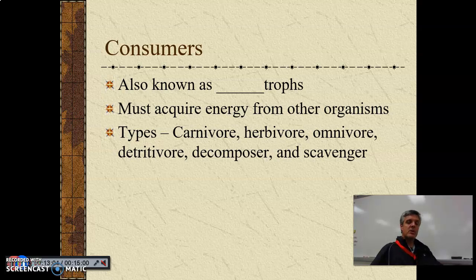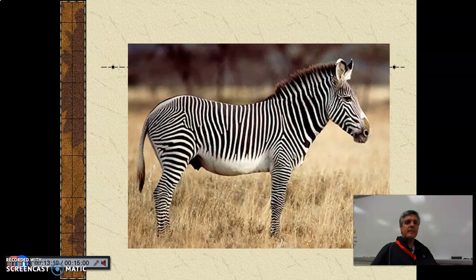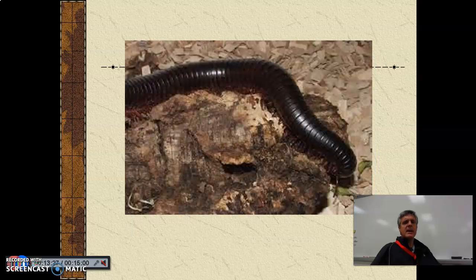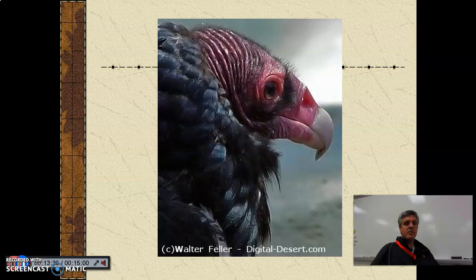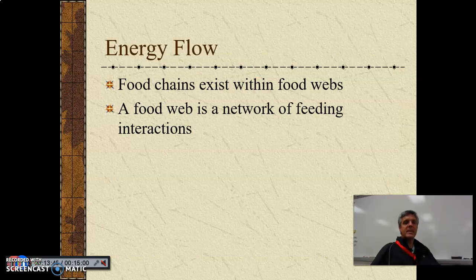Consumers are not autotrophs, they are called heterotrophs. Hetero, all right? Those are all the different types of heterotrophs listed, okay? You should know each one. And if we look, we can see some of these here. We've got carnivores, right? We have an herbivore here. We've got an omnivore, something that eats both plants and animals, okay? This is known as a detritivore. It eats something called detritus. Turkey vultures are scavengers, all right? And we've got fungi here that decompose, so these are decomposers, all right?